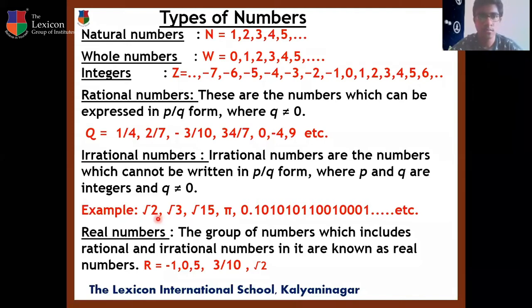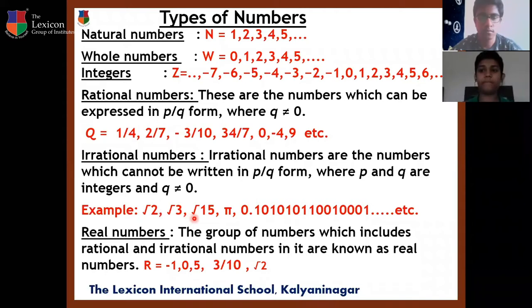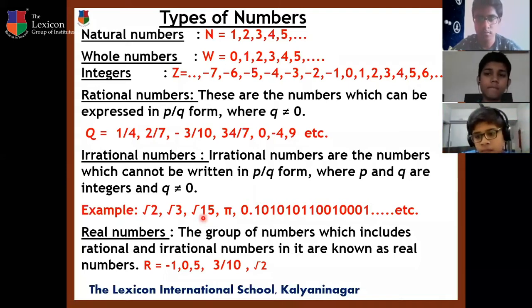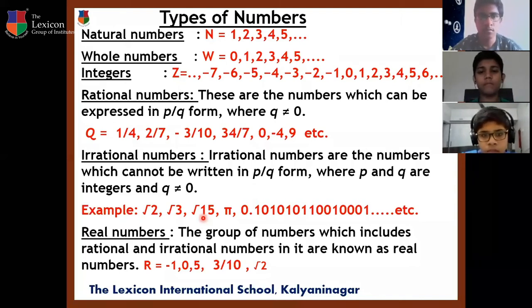Are you remembering that? By the long division method we have done the square root of 2, 3, any non-perfect squares. Even for perfect squares we can apply the long division method. Now root 2, root 3, root 15, root 8, root 10, root 12, all these are irrational numbers. We cannot represent that in p by q form. Now you might have a doubt how it is happening without representing. While going through the chapter, it will be clear why it is not possible to represent in p by q form.